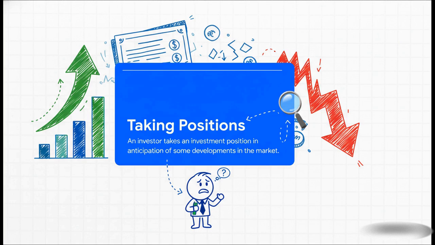Next, we have a much more aggressive strategy: taking positions. This is our striker. This is all about actively trying to predict where the market is headed, hoping to score a big win. For example, if you're sure interest rates are going to fall, you might load up on long-duration bonds, expecting their prices to shoot up. Now, the potential rewards here are huge, but so are the risks. If you get that prediction wrong, the losses can be pretty painful. This is a high-stakes game. Definitely one for the experts, not for most of us.